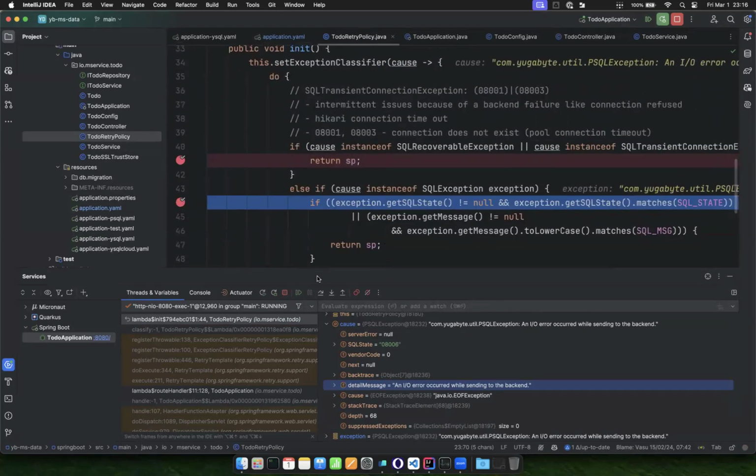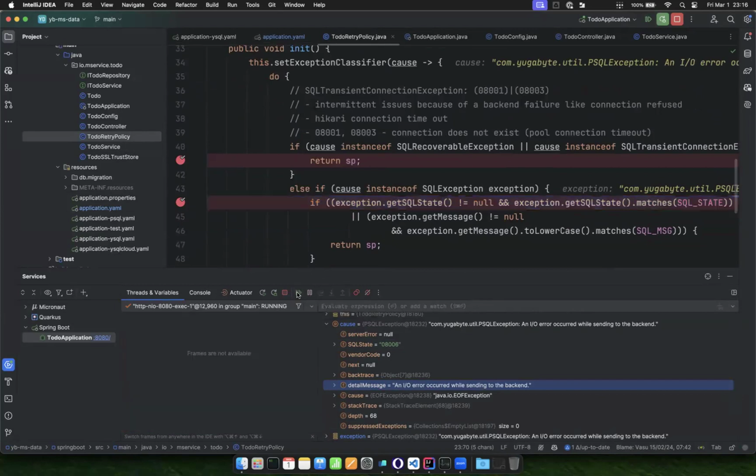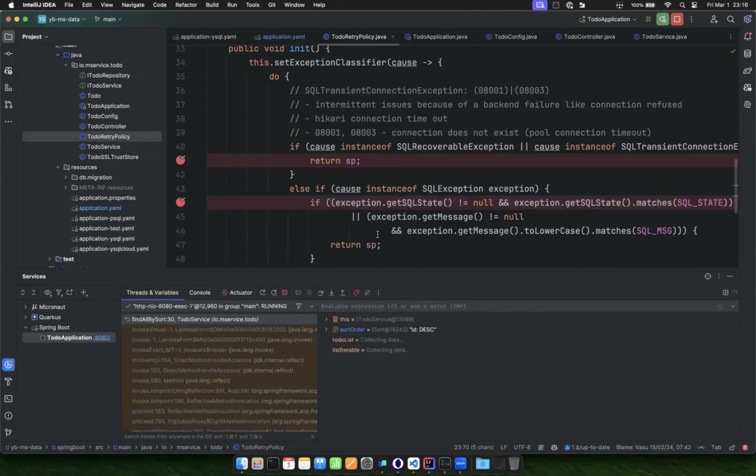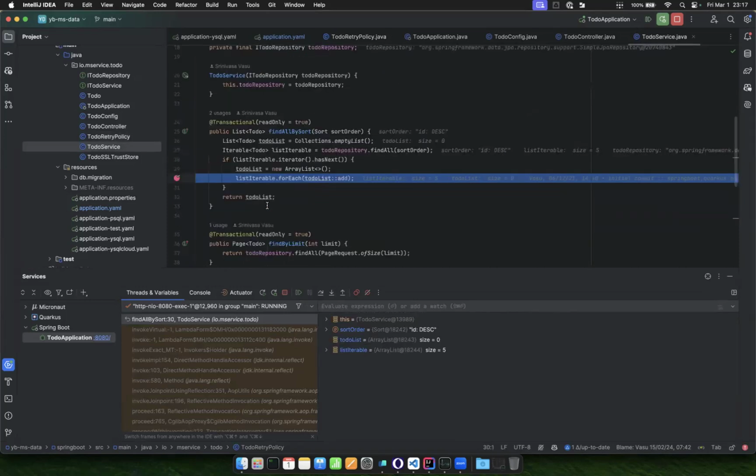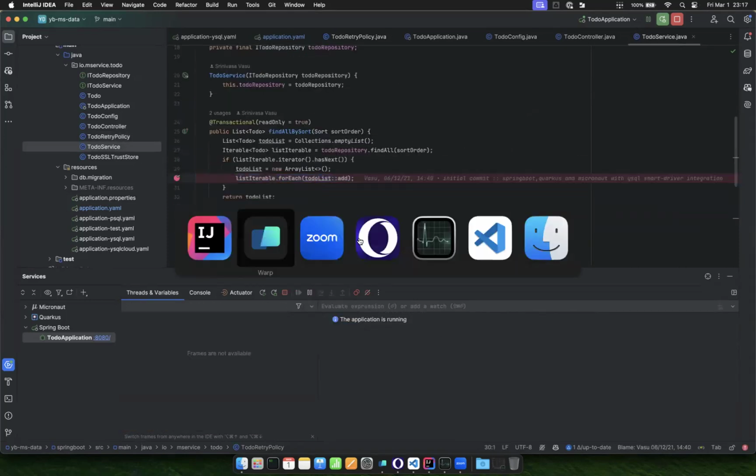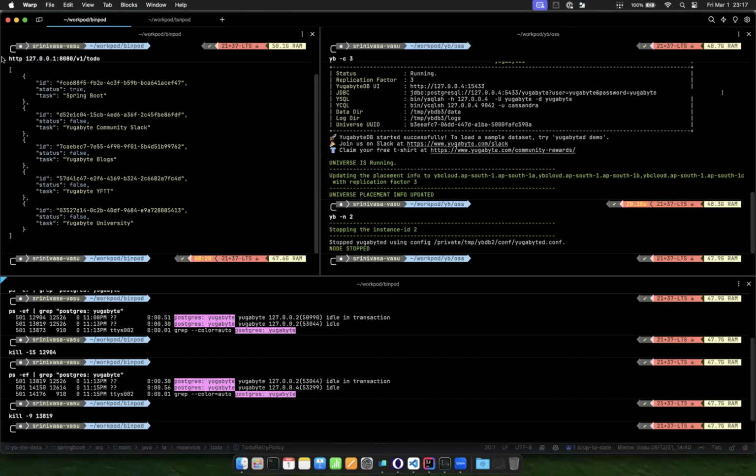Because we still have the retry logic in place, we could continue the execution flow. When you continue the execution flow this time, we hit the same block again. And if I resume it, this time it should get through without any exceptions, right? So we have received the list of to-do blocks. And these are the different exception paths related to connections and whatnot, right? So the next one is,